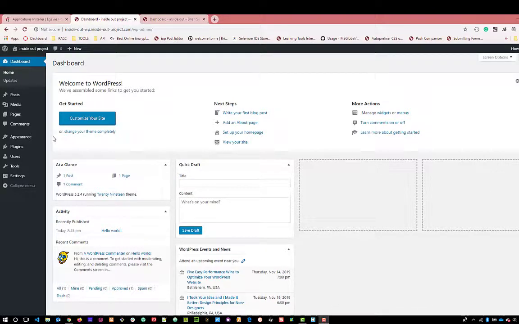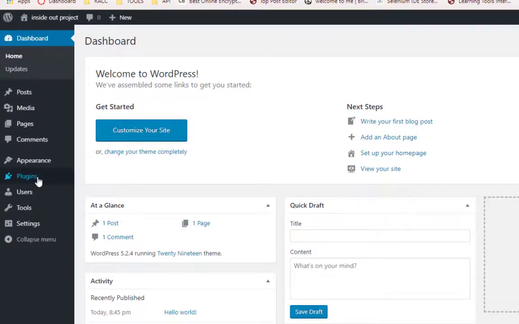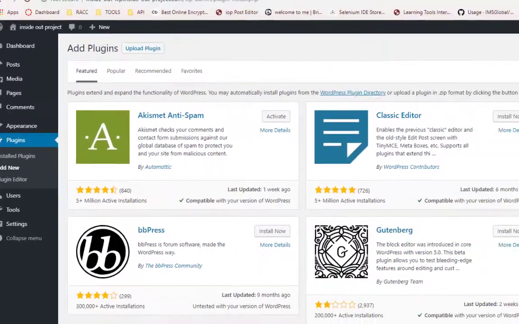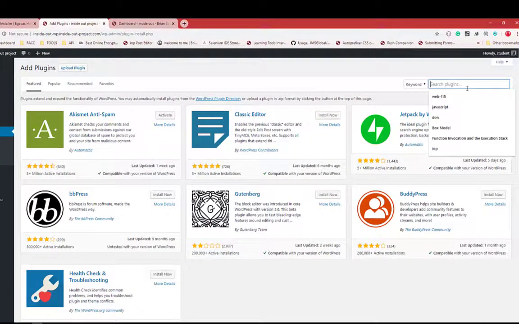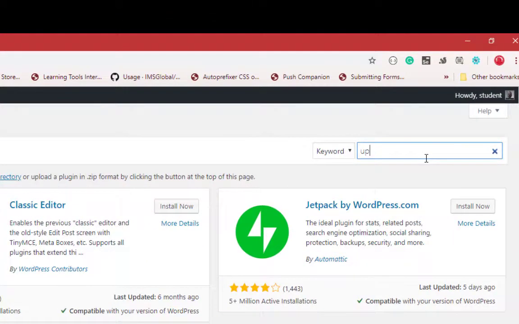Alright, so we're going to put it in our UpdraftPlus plugin so that we can complete backups on our website. We'll do that by going to Plugins, Add New, clicking on that, and then going over to the search box in the plugins and typing in UpDraft,